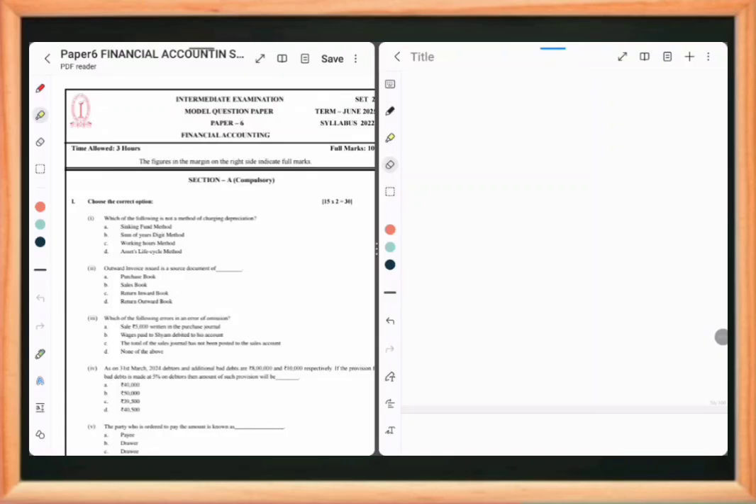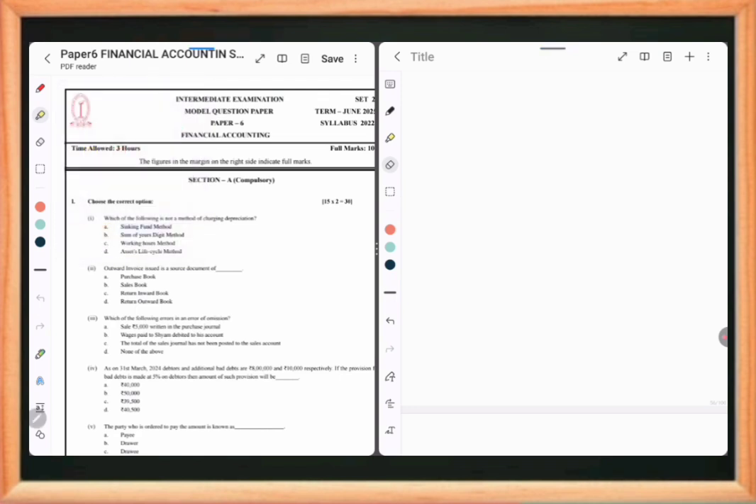My dear students, today we are going to discuss the financial accounting for CMA intermediate applicable for June examination. I mean NTP set 2. So please follow. The question number, I mean section A, the question number is